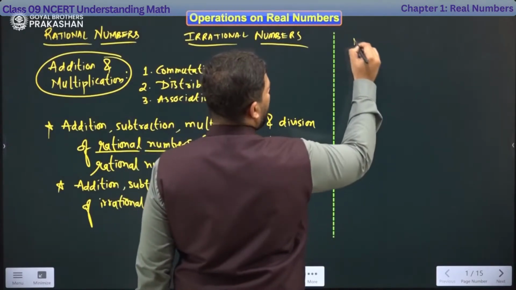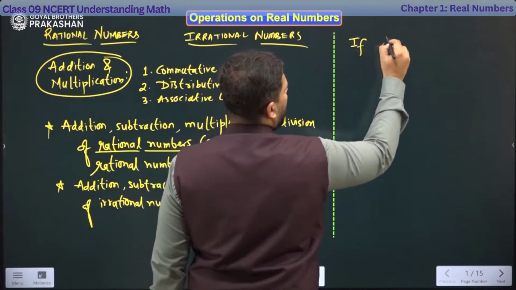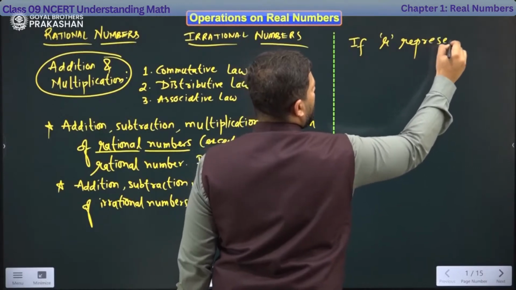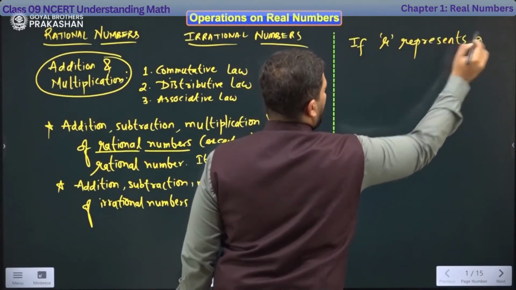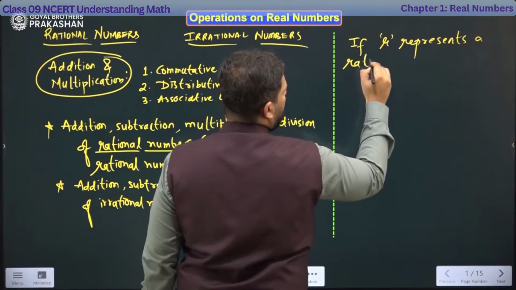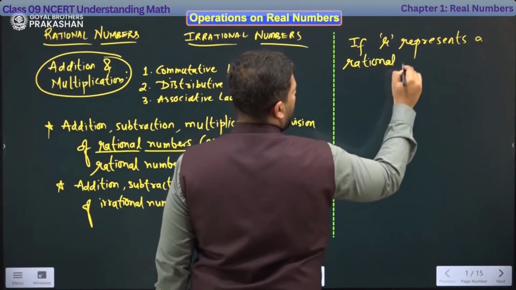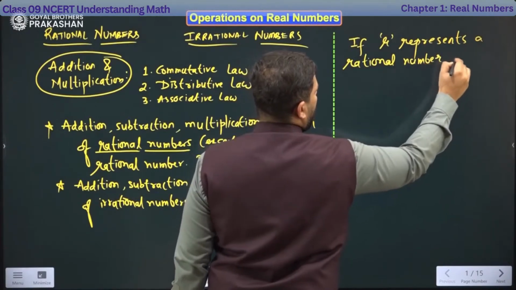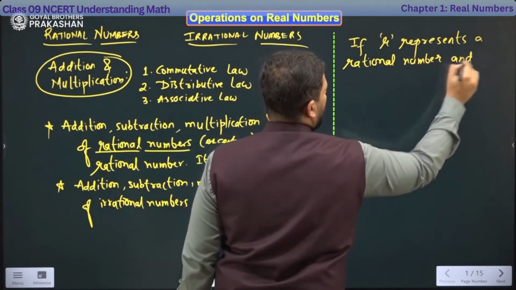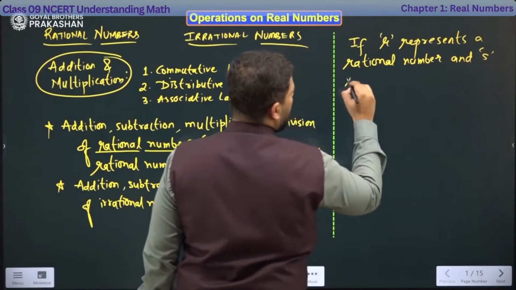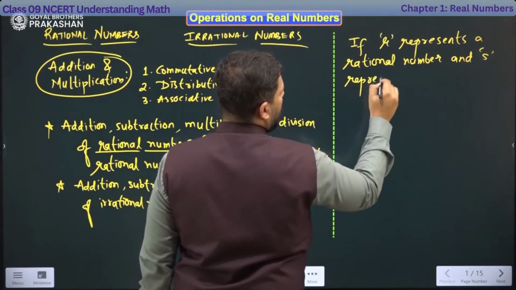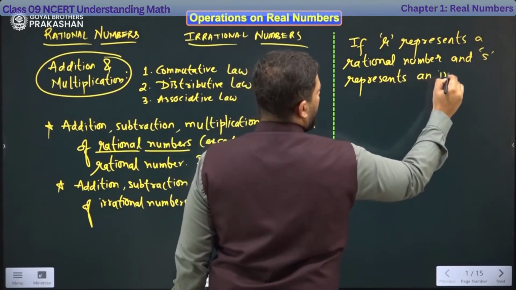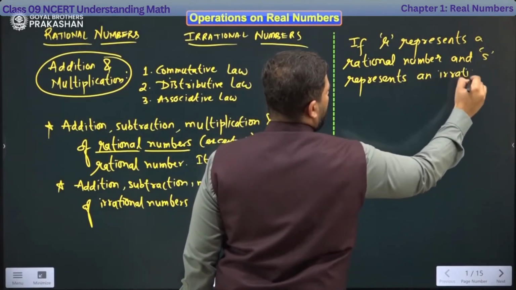So if R represents a rational number and S represents an irrational number,